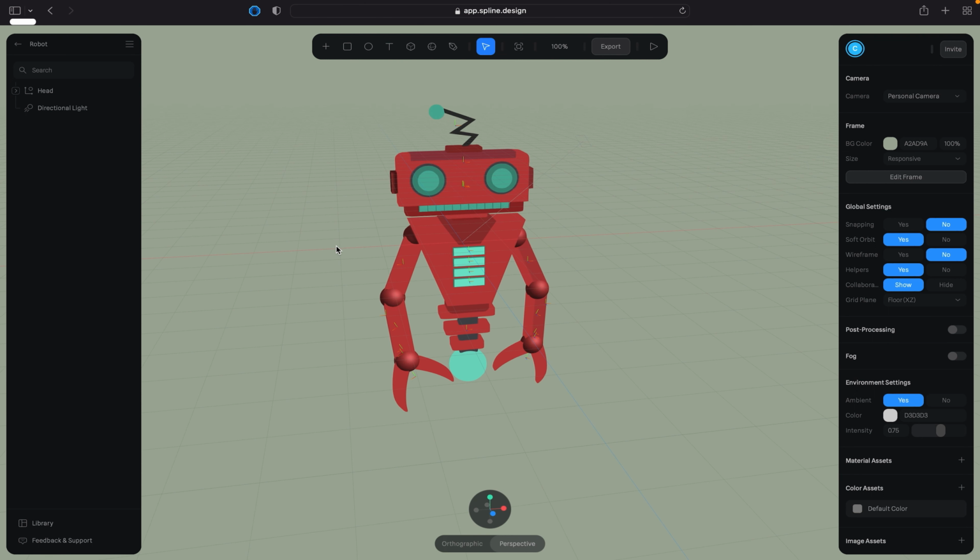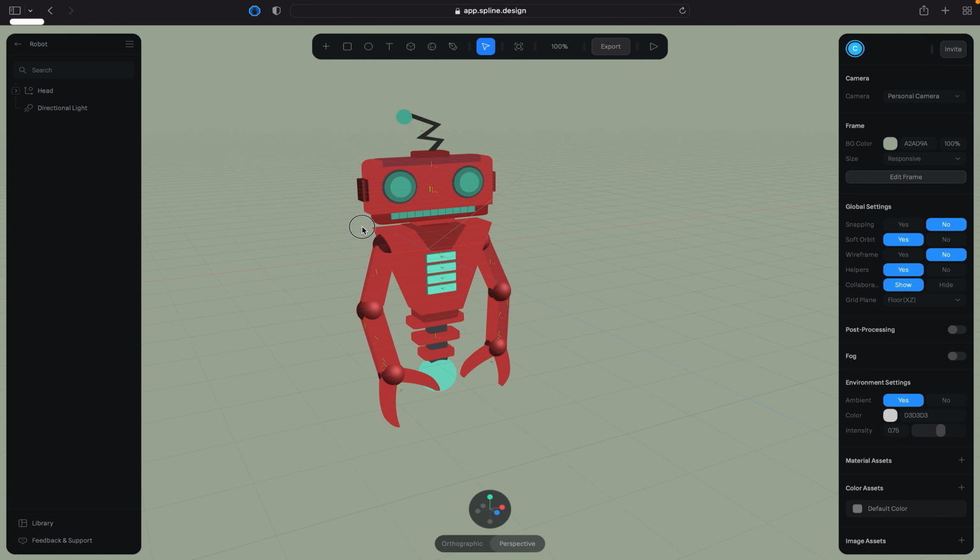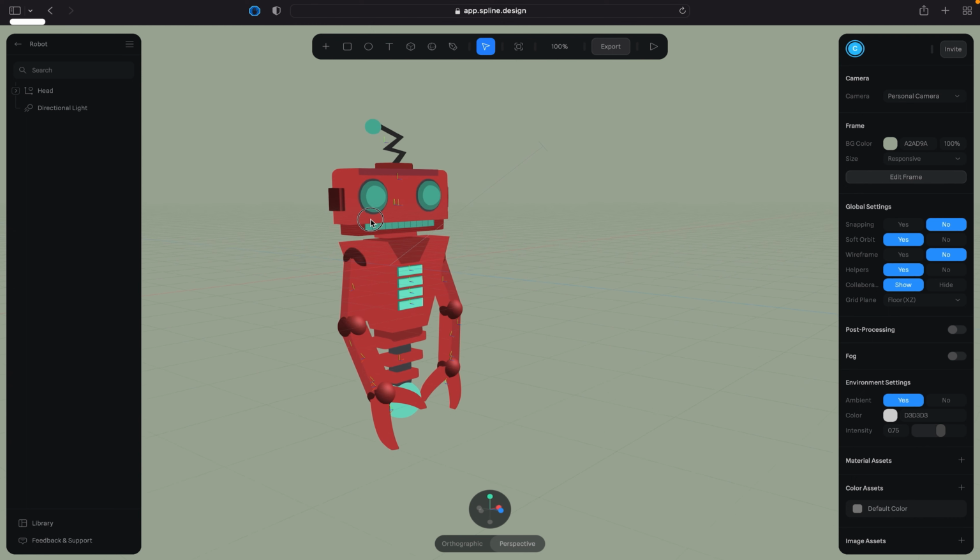What I have on screen at the moment, you may notice it's a little bit stuttery, that's just the Mac, that's not actually anything to do with the design or how the application works. It actually works super smooth if you have a very good machine and good internet connection. Also because I'm recording, it does cause my machine to stutter a little bit more than it would normally. But what we have here is, if you're familiar with my channel, I have my robot I've used before